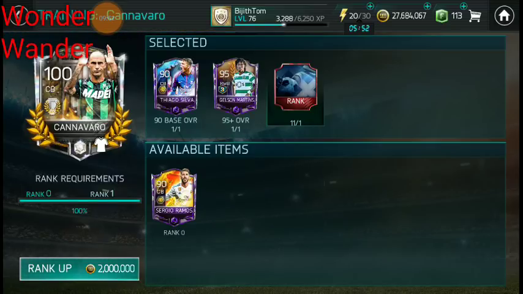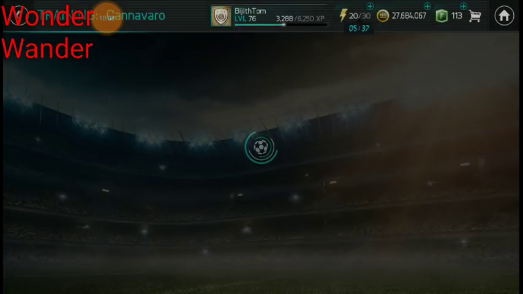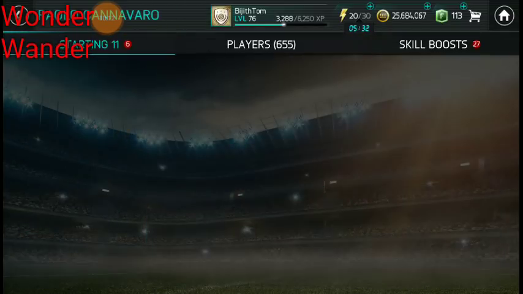I did not level up my Thiago Silva or Sergio Ramos from the beginning because when the season began, that time itself I researched about all of these rank ups and everything. So I kept the base 91s because I knew someday they would be useful for rank ups. You can see there's 2 million coins, and Cannavaro gets to